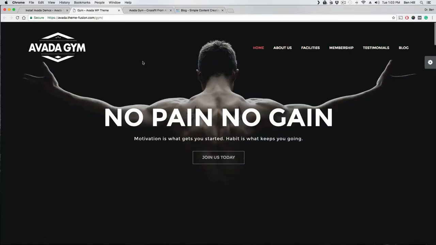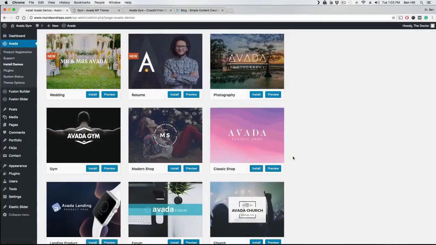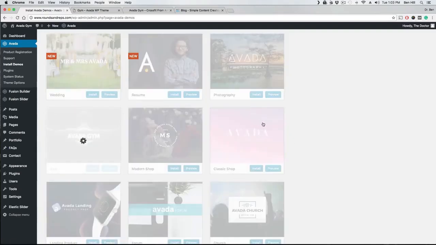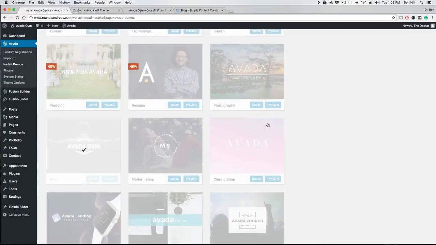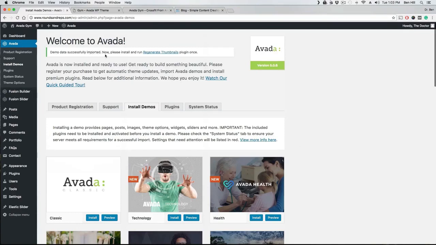And so I just want to show you how to install one of those. Again, you can preview each and every one of those, see which one would be closest to what you would like. So all you have to do is, of course, click install, hit OK. Now this might take a couple minutes, a couple seconds. It just really varies. It depends on your hosting company, but if you go to the top, everything was successfully installed right there. And now there's this plugin that they want you to install, Regenerate Thumbnails, and that just resizes all the images. That can be a little bit tedious, but basically just go ahead and click on that, and